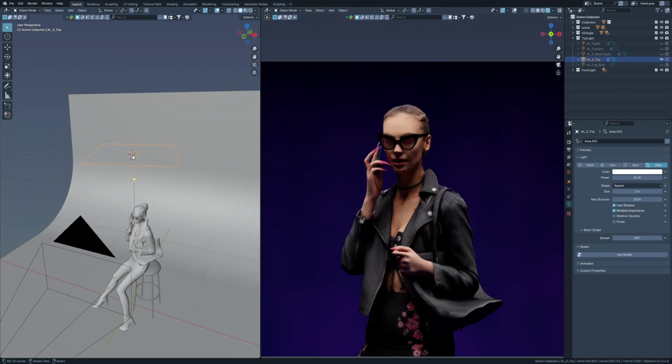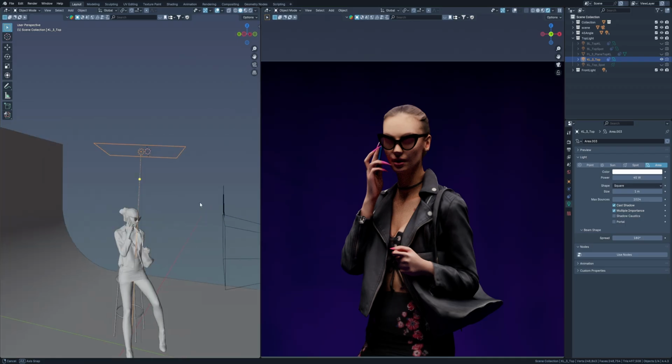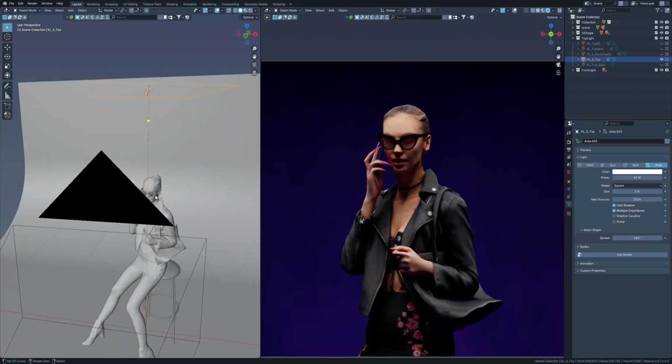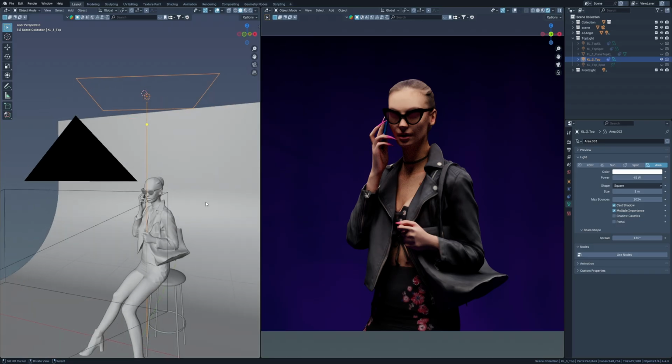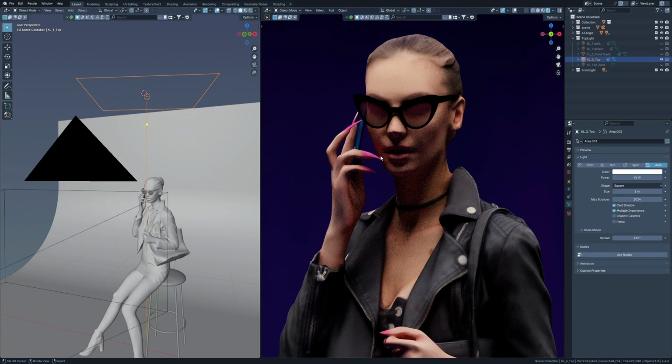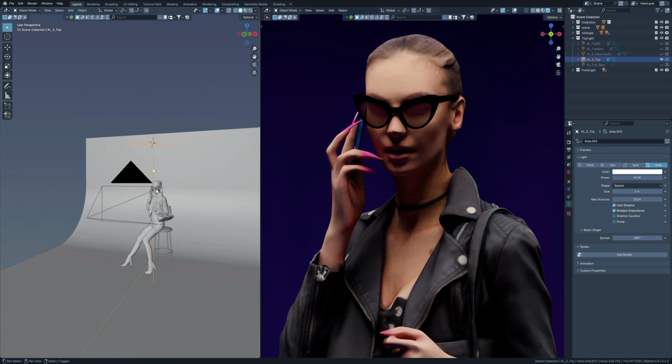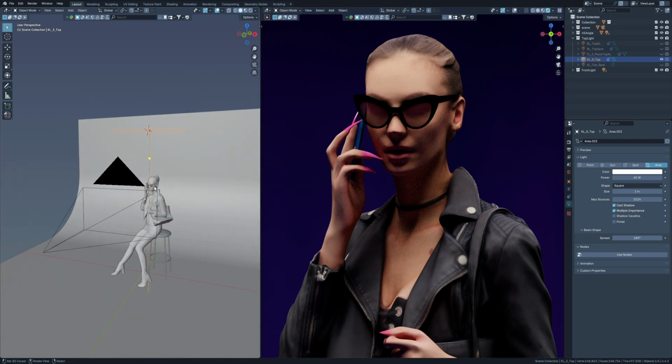Right, I'll turn on the first top key light now. Like before, I've set this one to 45 watts and it's placed right above the character's head. Immediately you can see that the upper part of the face is well lit, while the lower part, the neck and chin, is in the shadow. It creates a more focused, moody effect, and it's great for moments where you want the audience to concentrate on